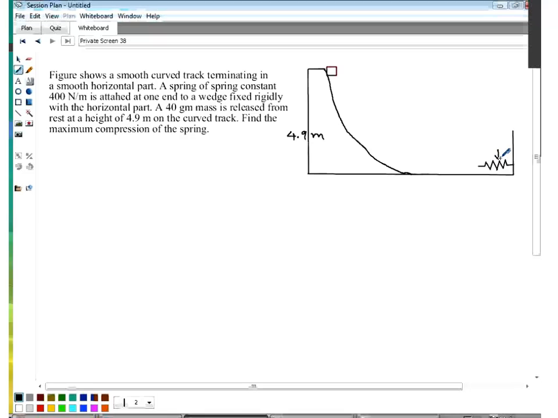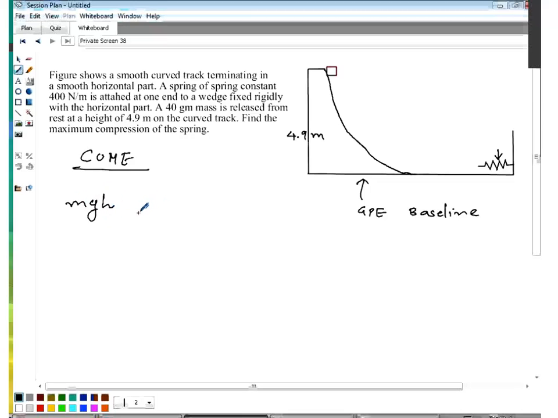Compression means somewhere here, it might have reached somewhere here. So go for COME approach. Take block, spring and earth as your system. Take some reference line for GPE. So you would have